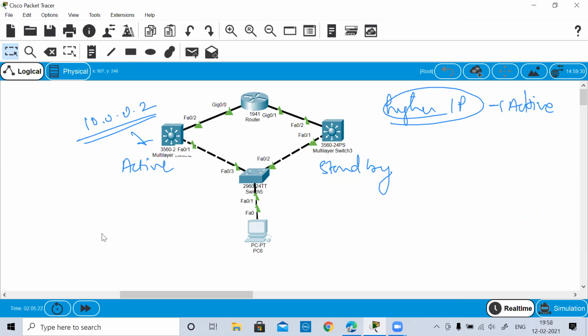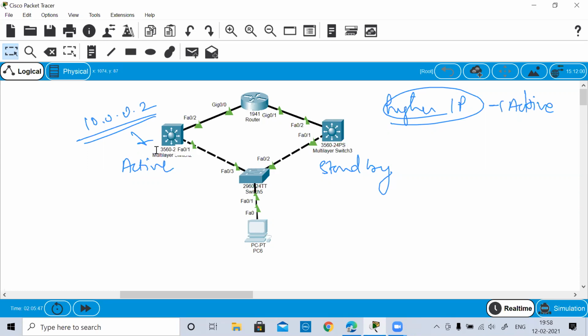For your gateway redundancy, the command is you go to the interface VLAN 1 and set the standby IP, whatever IP you want to give. That's it, nothing else. These are the basic commands, and to check those states, you can see the standby state. Here I can also do one thing. I can go and do the debug.